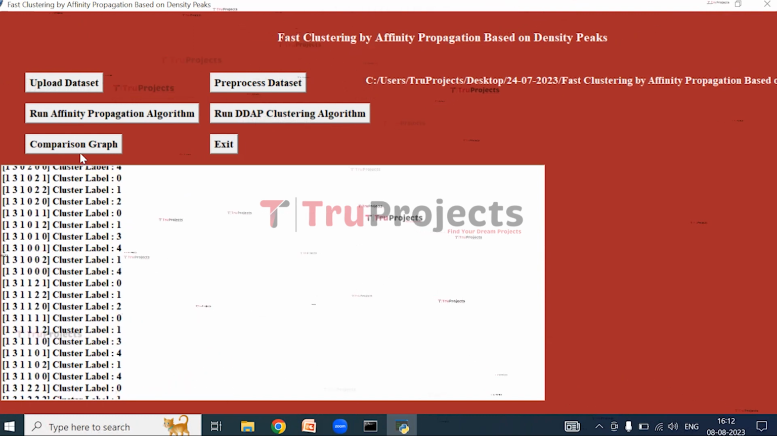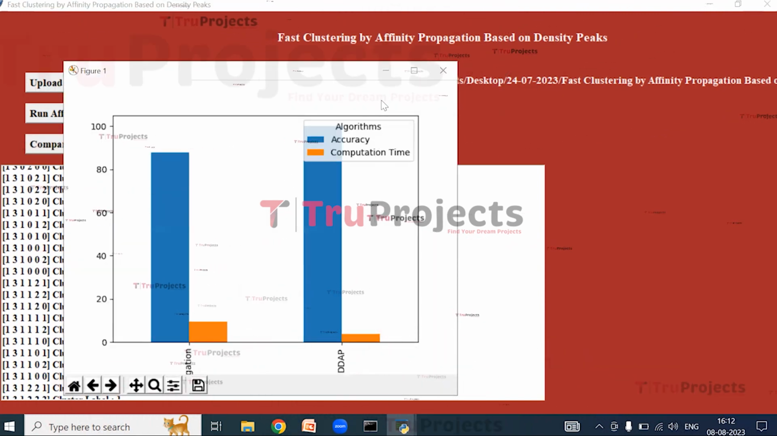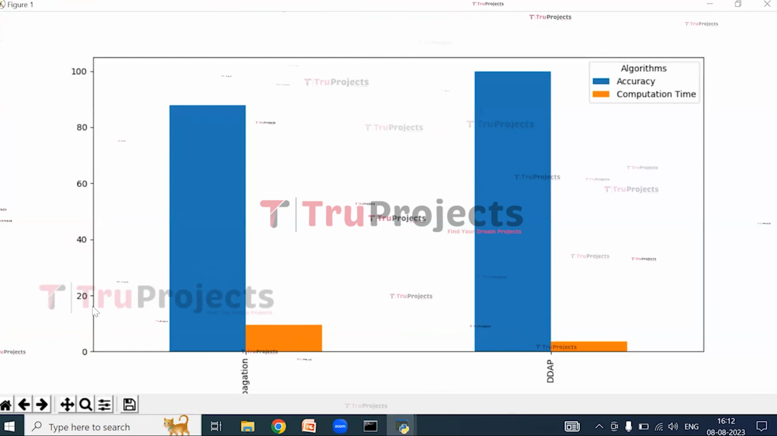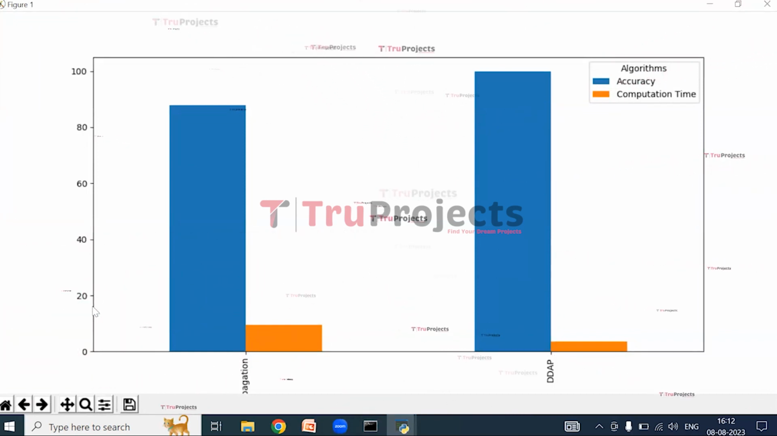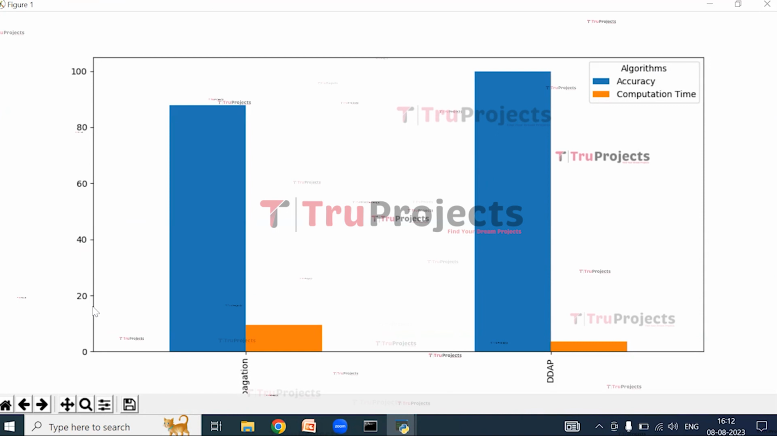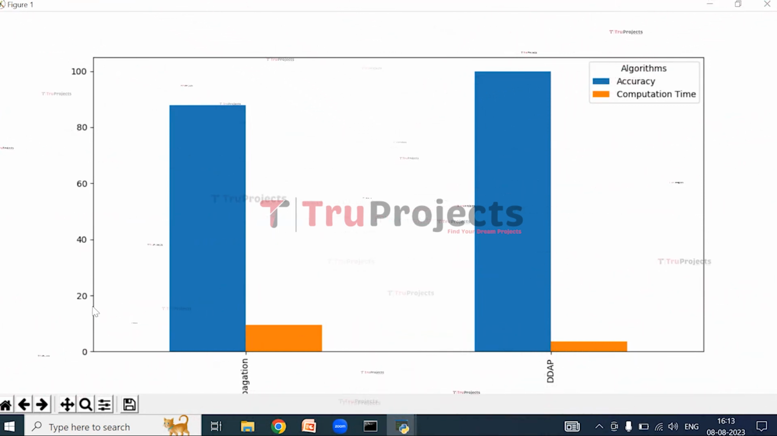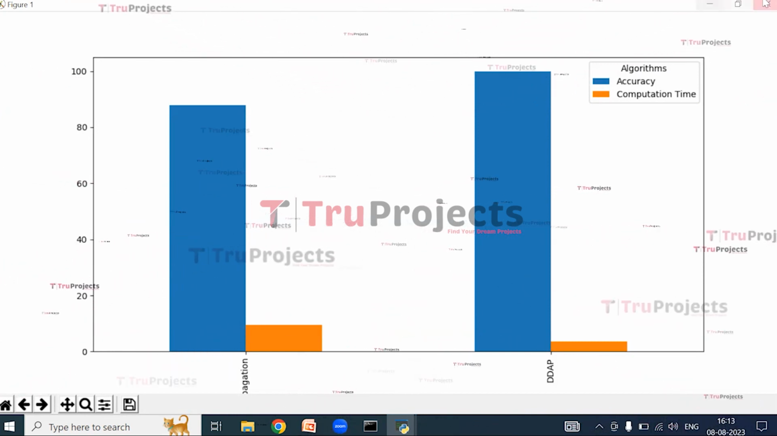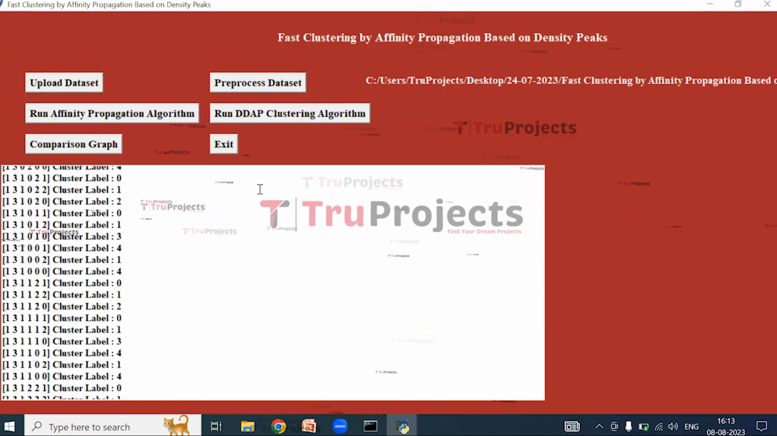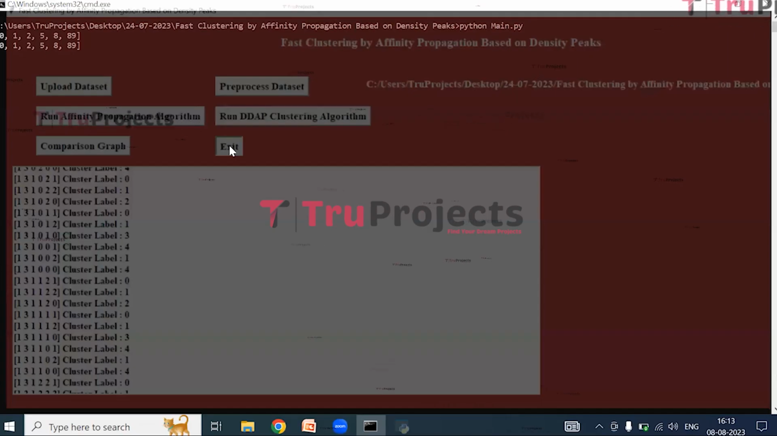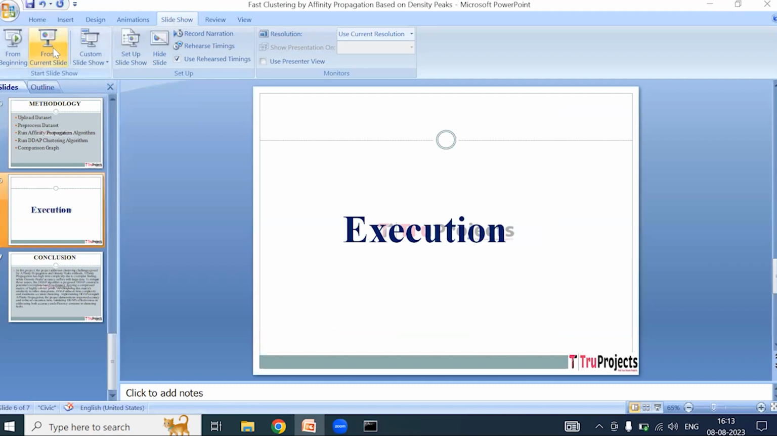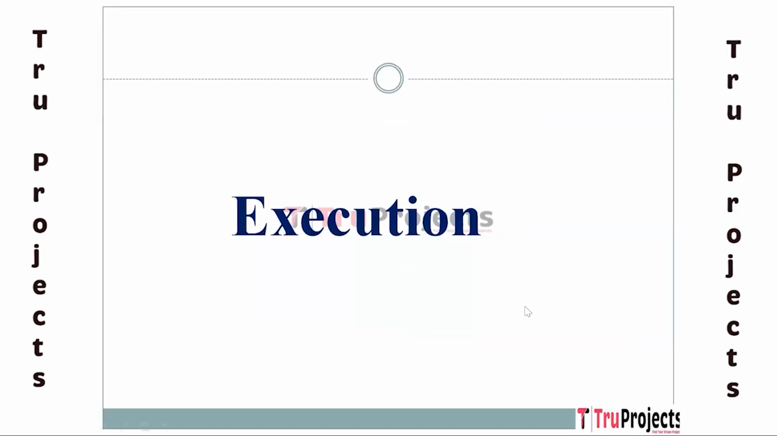Now click on comparison graph. So this is the comparison graph. X-axis represents the algorithm name and Y-axis represents the accuracy and computation time. So here from this graph we can say that AP has less accuracy and more computation time, and DDAP took less computation time with more accuracy. Now close the graph, click on exit, and the final conclusion of the project is